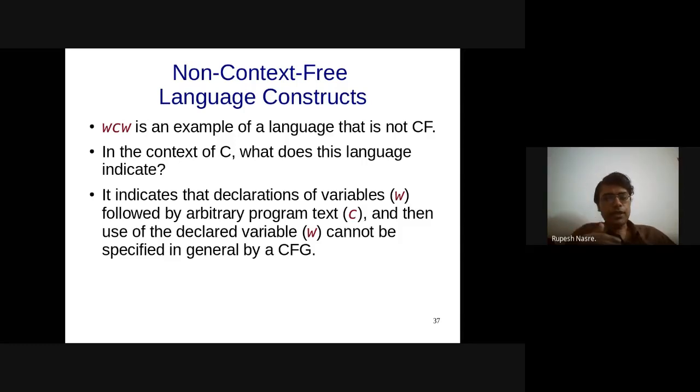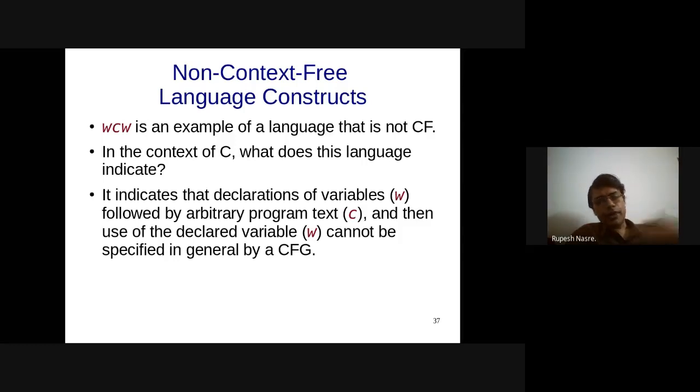So whether I have used variables in my program, or to flip it, if I am using a variable, then whether it is declared or defined. This problem is not context free. This cannot be specified using the grammar. This requires additional semantic rules. Is this clear what I mentioned just now? Anybody has any questions on that?